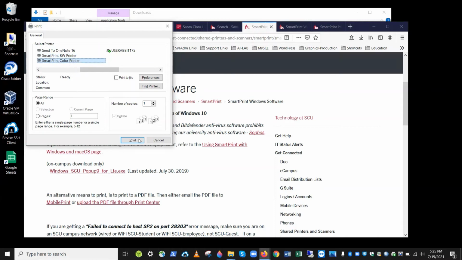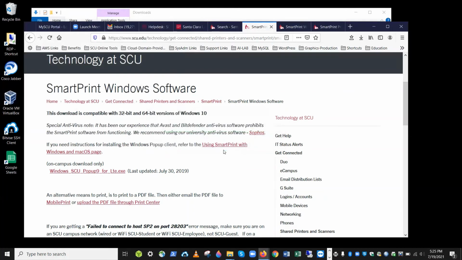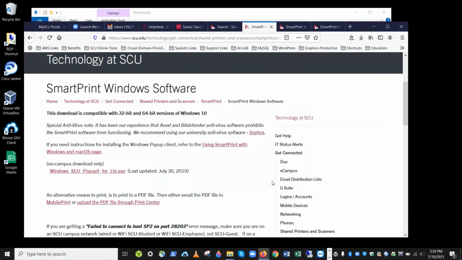I'm going to choose SmartPrint color printer. It's going to go out there and generate the document for me, and then it's going to ask for your username. So your username is your SCU email minus the @SCU. I'm going to put mine in there. And then select print. Once it puts it into the queue,